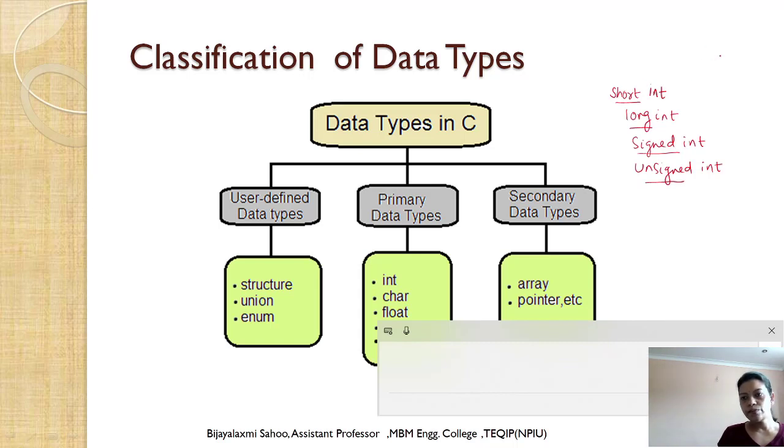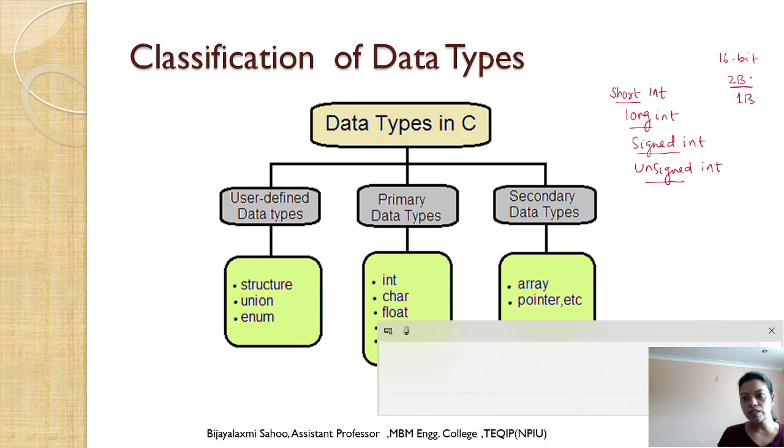If in a 16-bit compiler integer was occupying 2 bytes, where for byte I am using capital B, then short integer will occupy 1 byte.